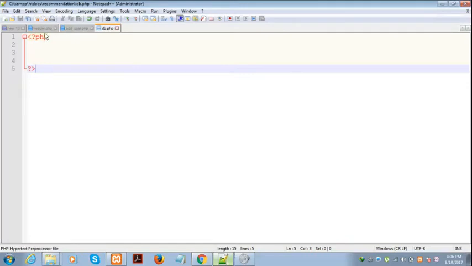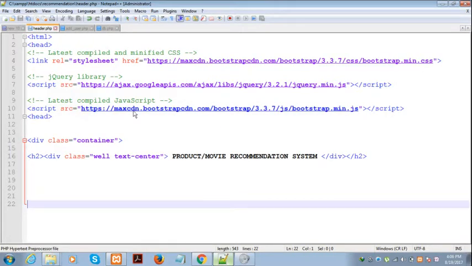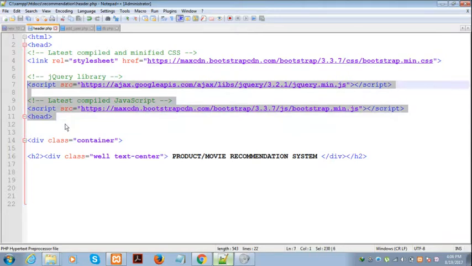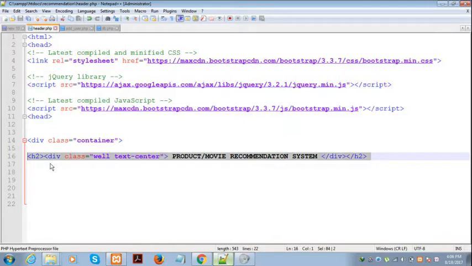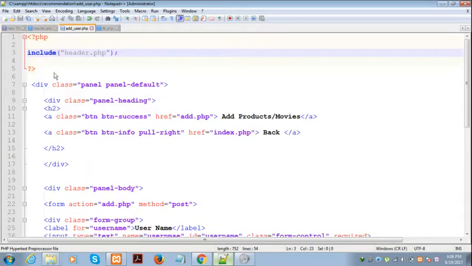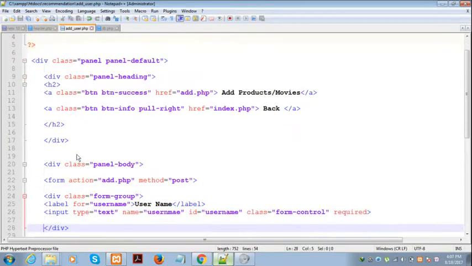I have created a header.php file and I have included Bootstrap and jQuery CDN files, and then I have shown the title of our project, movie recommendation system. I have created another file. I included the header.php file, and then I have created this panel and shown these two buttons, add product movies